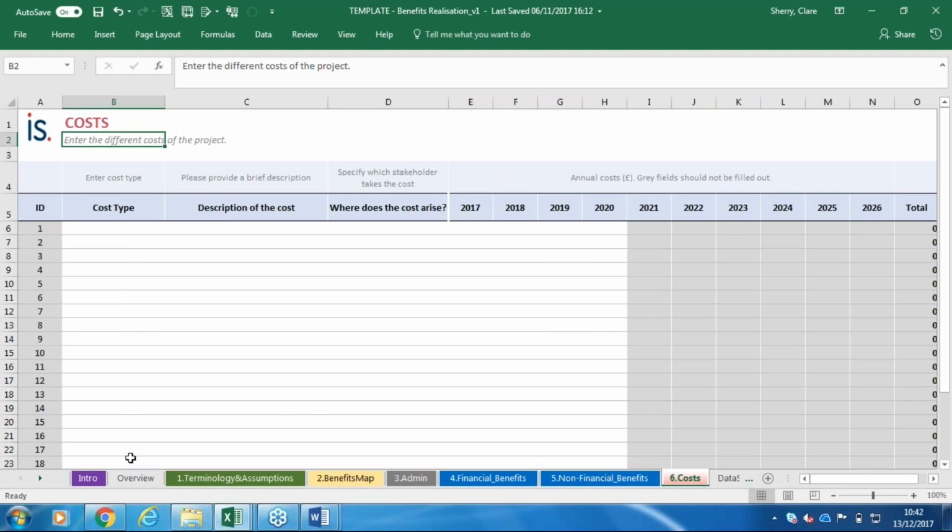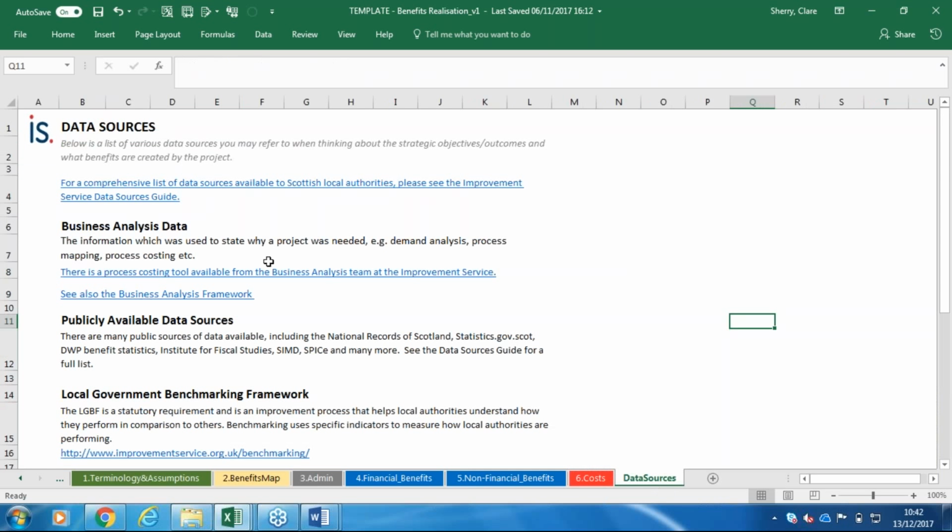And at this bit as well, it's really important within your projects, we're all too quick at saying this project is going to save us, for example, £100,000, but we've not actually said that to deliver the project itself, it could cost £200,000. So actually the savings are null and void. So what we've said as well is you can capture your various costs for your projects in there as well. And then the last tab along the row is on our data sources, and that links back to